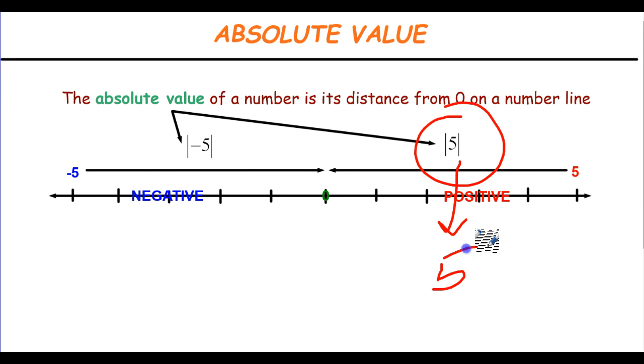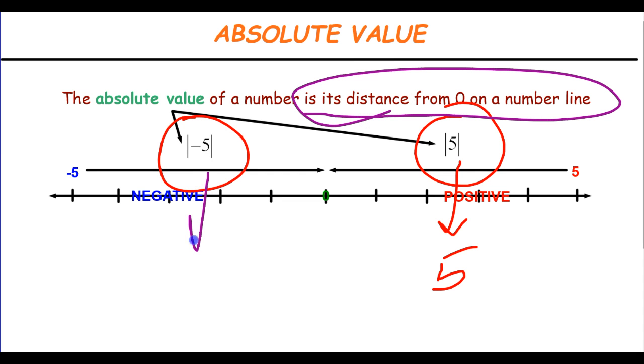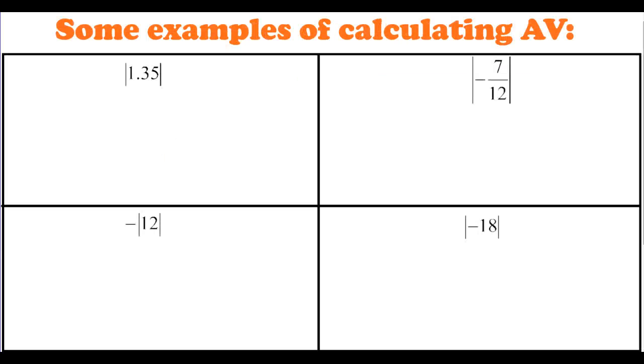And that distance is 5. When we have negative 5 in the absolute value bars, we read that as the absolute value of negative 5, and it's still just asking about the distance of negative 5 from 0 on the number line, which is also 5. Again, because distance is always positive. And so we can use that idea, that's what it means to find the absolute value of a few